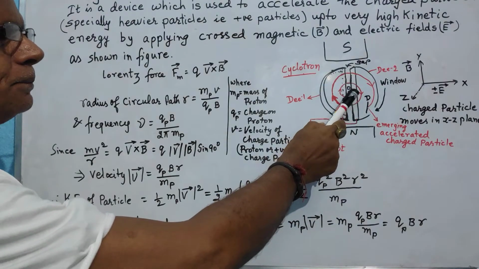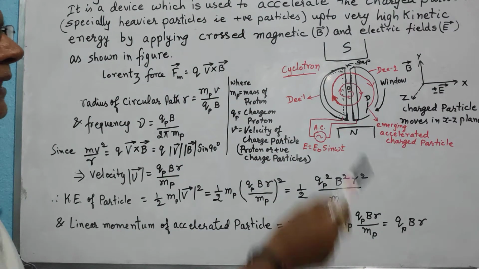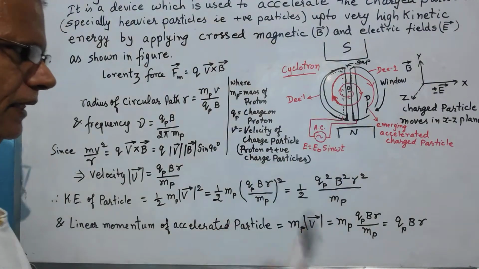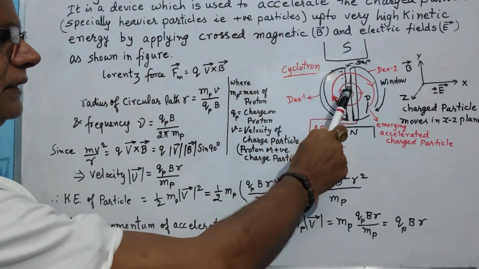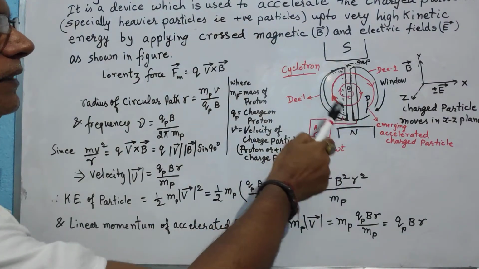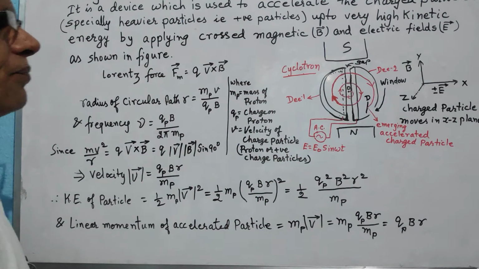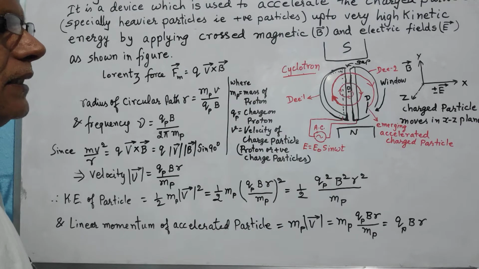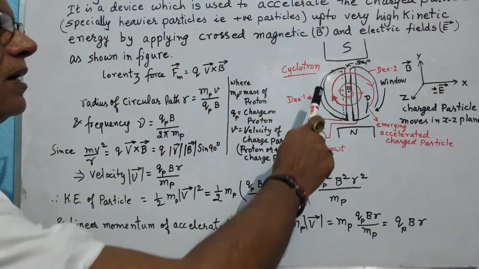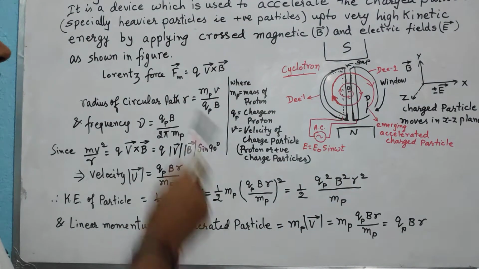We release a charged particle at the center of the accelerator, that is the central part between the two D's, which is the gap area. As the charge is released, finding a favorable electric field, it accelerates and reaches the cavity of the D. Once it reaches there, the electric field no longer exists within the D, but the charged particle is forced to move on a circular path given by the Lorentz force.